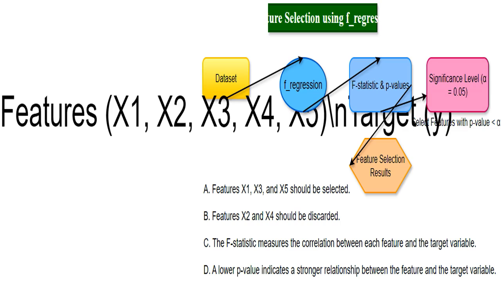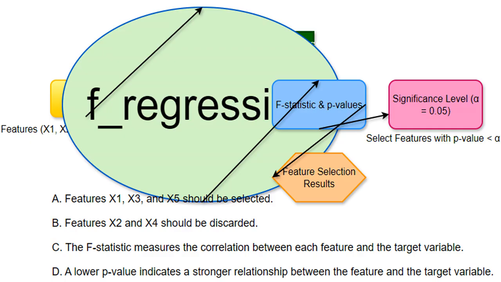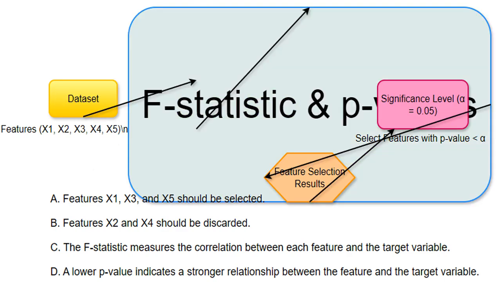x1 through x5 are my features, and y is what I want to predict. This is a statistical test in scikit-learn that helps me determine which features are most important for predicting y. It gives me an f statistic and a p-value for each feature. These are the results from the